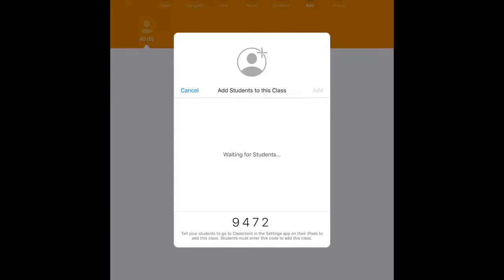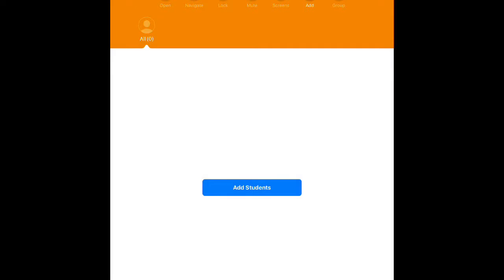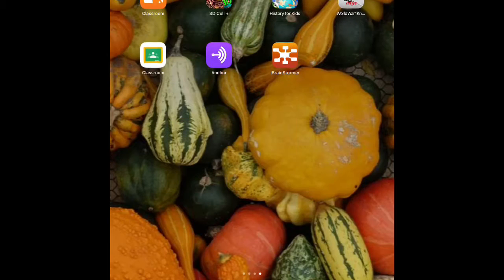This allows you to really monitor students when they're using Apple technology in your classroom, which in my experience is what most of my students have. I can lock their screen, I can navigate to a specific website, I can even just look at their screen to make sure that they're on task. It really reassures me that they are doing what they're supposed to be doing when we are using technology in my classroom, and makes me feel confident that I can use technology without anybody using technology inappropriately. I have not set it up yet with my students, as I've stated,